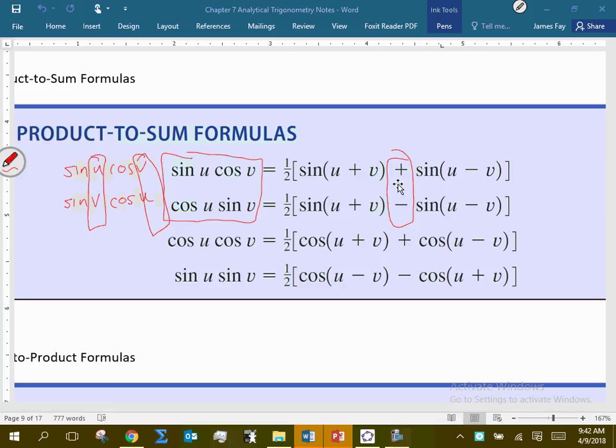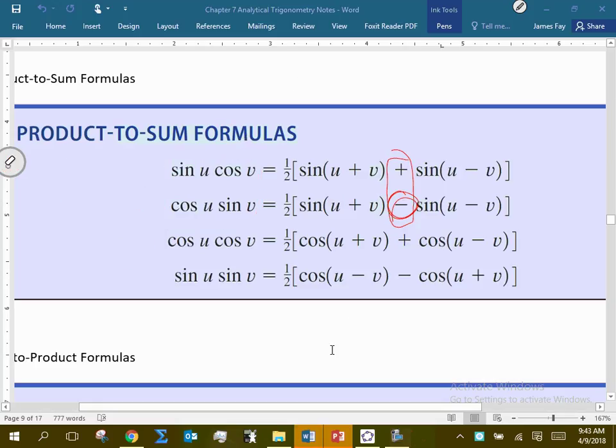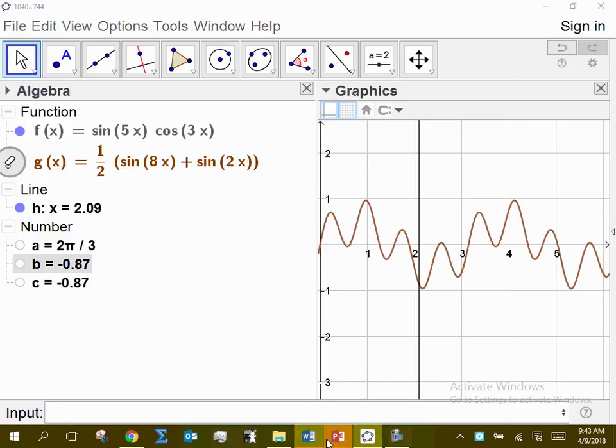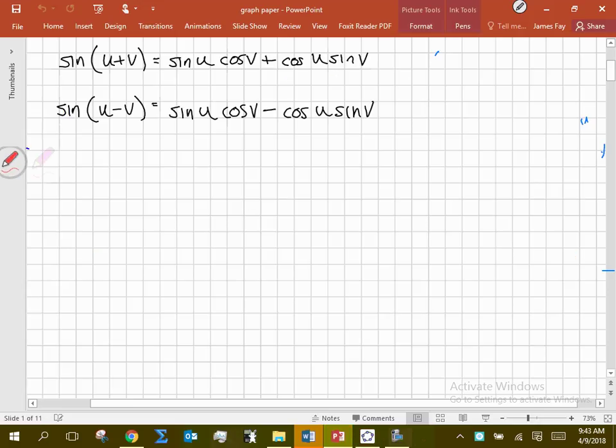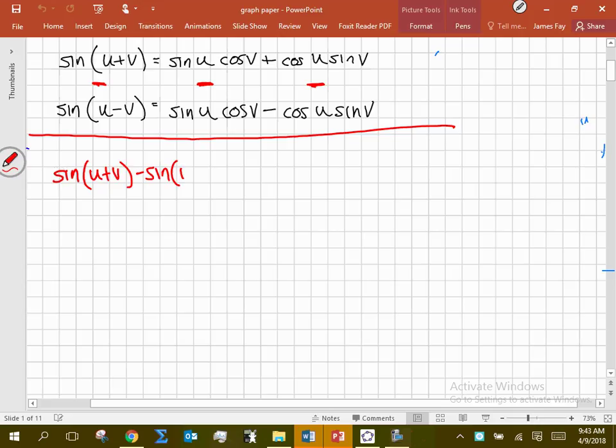The only thing that was different over here was that was subtraction, right? So let's see that when we go through and do our work with this here, to get that subtraction on the right-hand side, it would be subtracting those two things, right? Then it would be subtracting those, and then subtracting those, right? And when you do this, you just got to kind of think about what subtraction is, okay? Because here we're going to have subtracting and negative, so we got to think about that in a minute. But now if I subtract these, it becomes sine of u plus v minus sine of u minus v